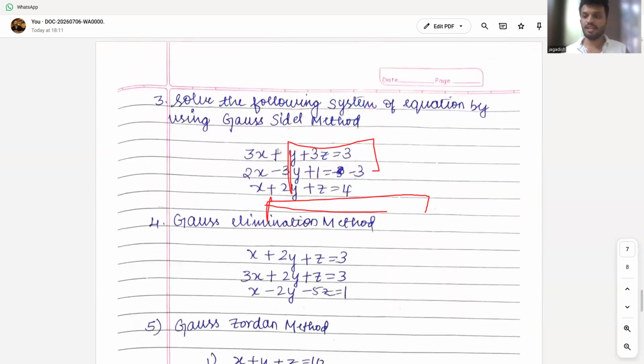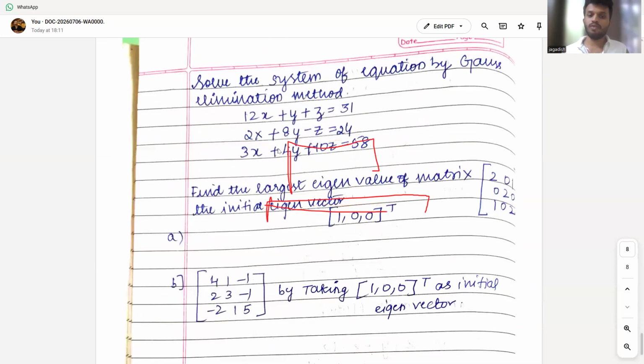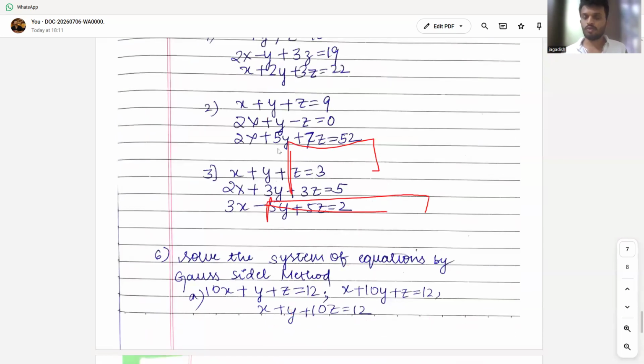Gauss Seidel method, very important. Gauss elimination method, Gauss Jordan method. For everything there are rules that you have to follow, and the largest eigenvalue, eigenvector. So practice these concepts to score good marks in